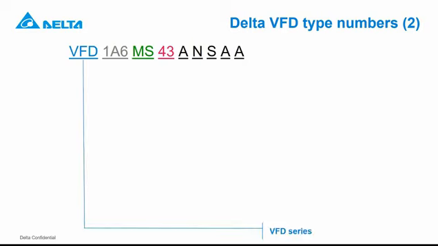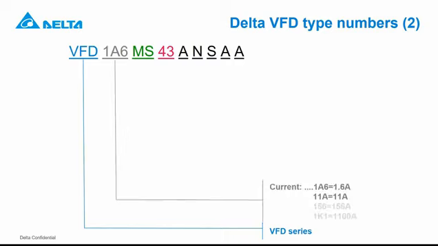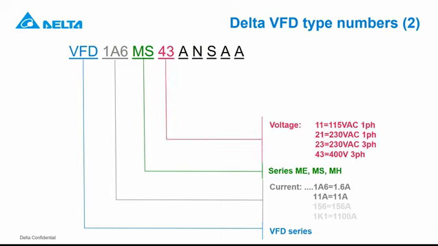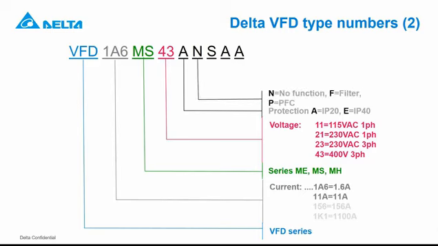So the type number is more or less similar to the previous one. You have the VFD for variable frequency drive. Then you have the current instead of the power. Then you have the drive series, again the output voltage, and then a few extra letters at the end, which will give you the IP protection level, whether or not it has a built-in EMC filter,